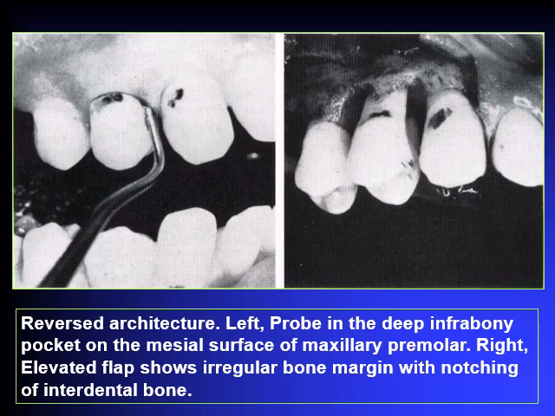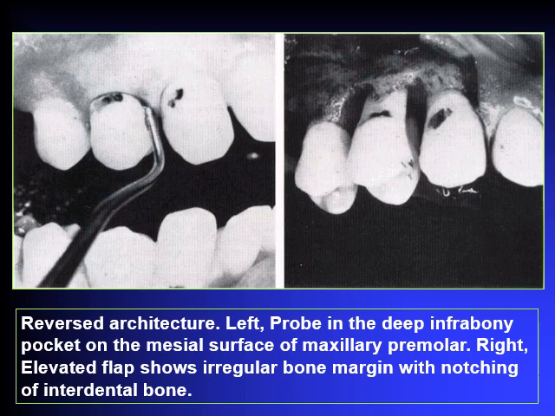You see, all the alveolar bone housing covering the teeth is the radicular bone. So the radicular bone is at a more coronal level than the interdental bone, and this is not normal. The normal is the interdental bone higher, more occlusal, than the marginal buccal or lingual bone. So reverse architecture, this is a probe in place in a deep infrabony pocket